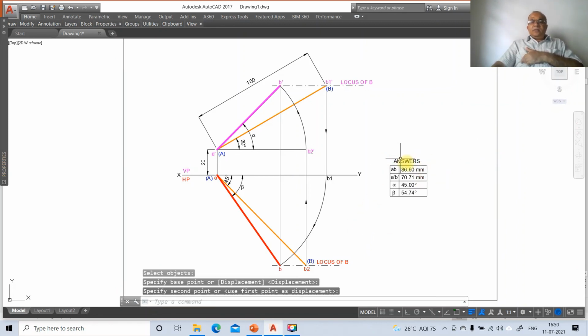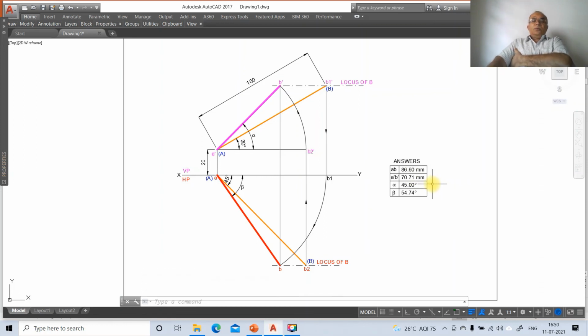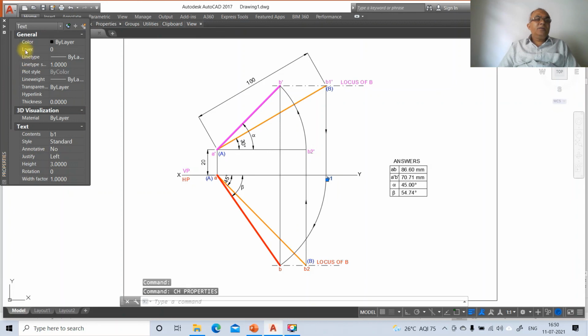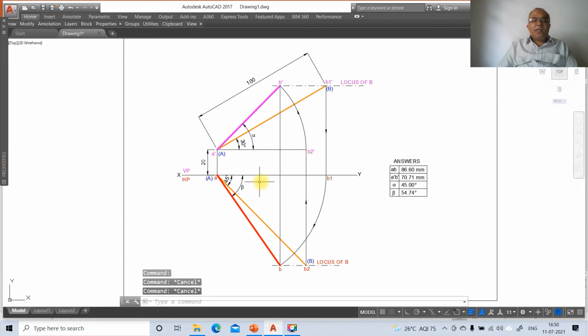Your presentation should be good so that it will have a better appearance, and you should have a professional approach in creating the drawings in the software. So just go to this and you make it as the top view, and the rest of the things has been done. So this is how we will be able to solve the final solution. Thank you.